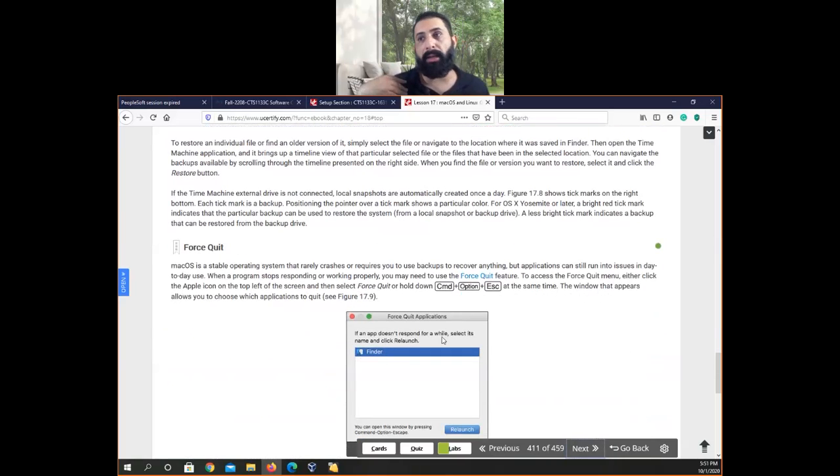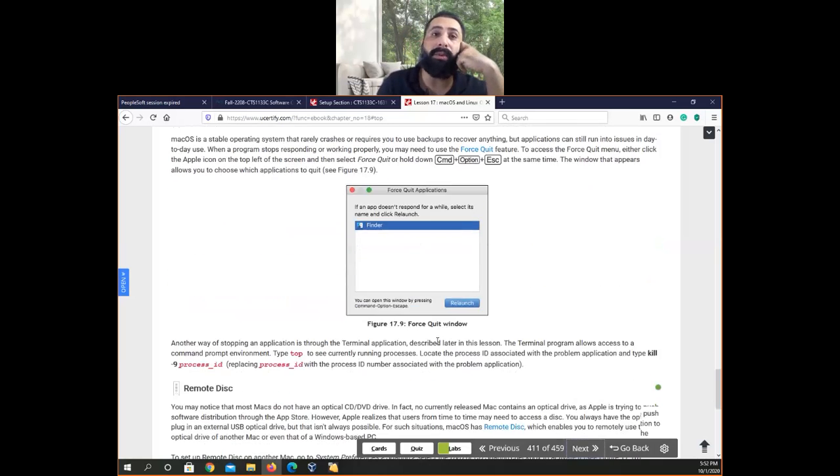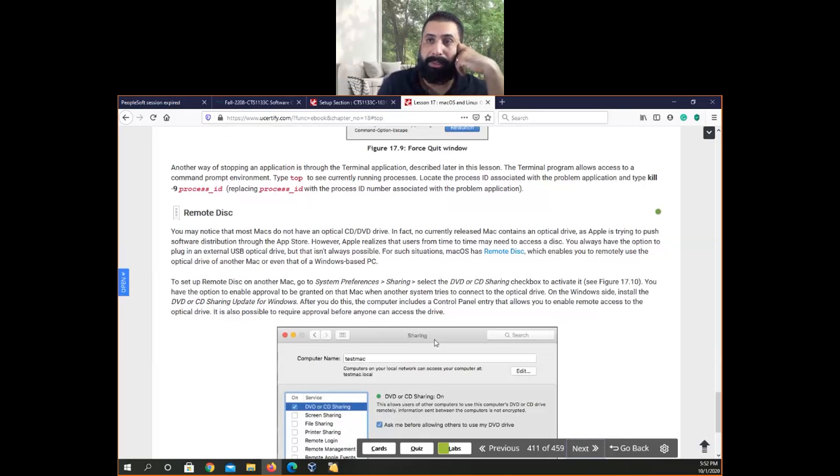Force Quit, in my opinion, is one of the things that's really nice. If you click on the Apple sign on the Finder menu bar, the one at the top, you will see a drop down. From this drop down, there's an option called Force Quit Application. So if an application is frozen and not closing, it's just like a task manager, and you can end the application. If you right click on the application itself, you will find Quit. But if it's frozen, it will not respond. So Force Quit will force it to quit. So it's a nice tool. Remote disk.